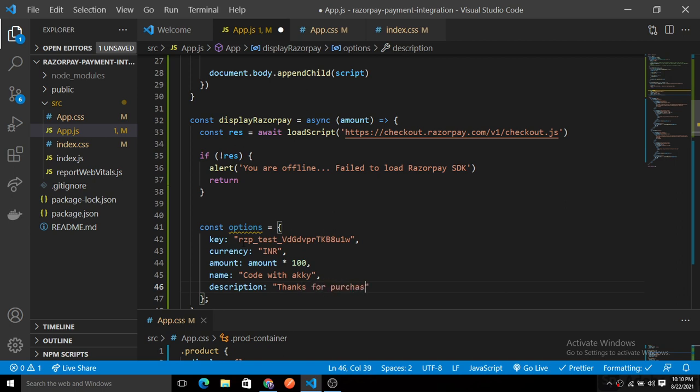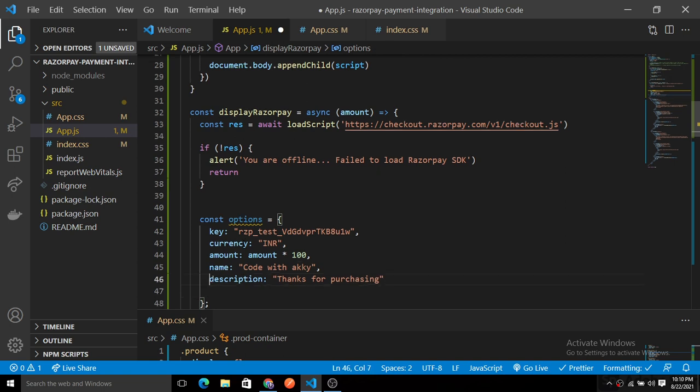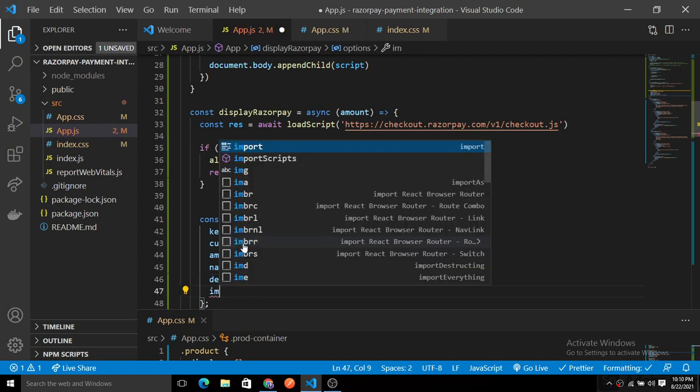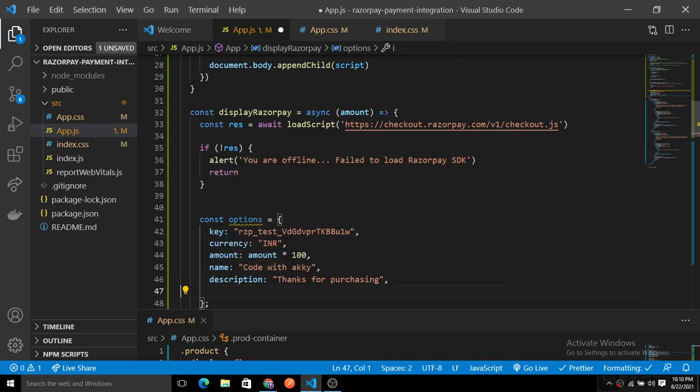These are the options that you would pass here. Then you just need to pass an image URL. The image URL will basically be the logo of your website. So here you just write the URL of the image of your logo, right?